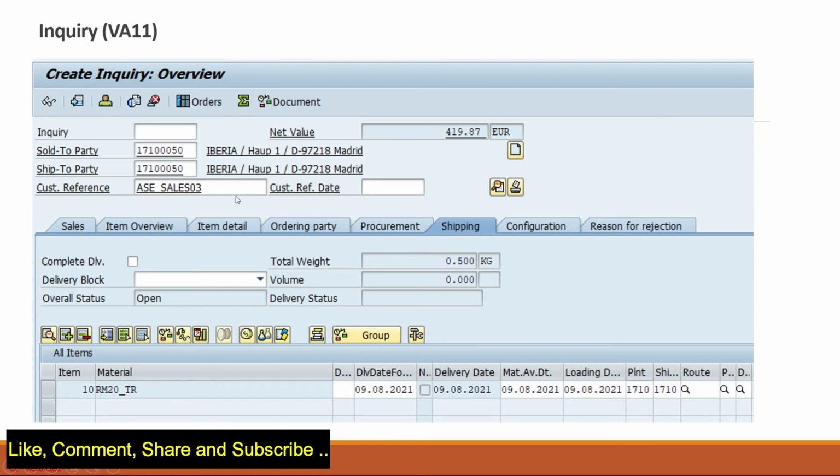It's a free text, we can add it. And here we give the details of the material. So we have the delivery date, and we have the loading date, and we have the plant. So this is the plant and the shipping point from where we will ship the product to the customer. So we have the part in our storage location. So we are specifying the plant and the storage location and the shipping point from where the part will go